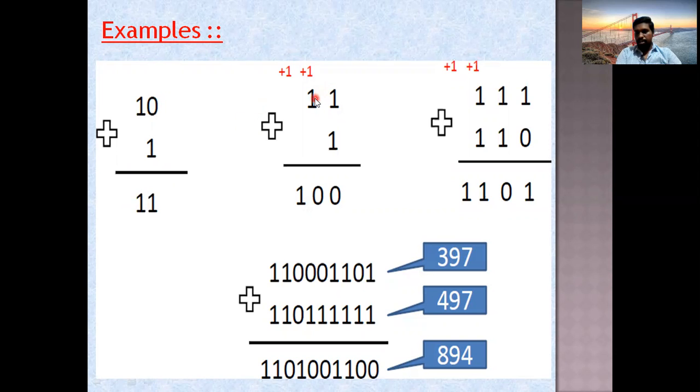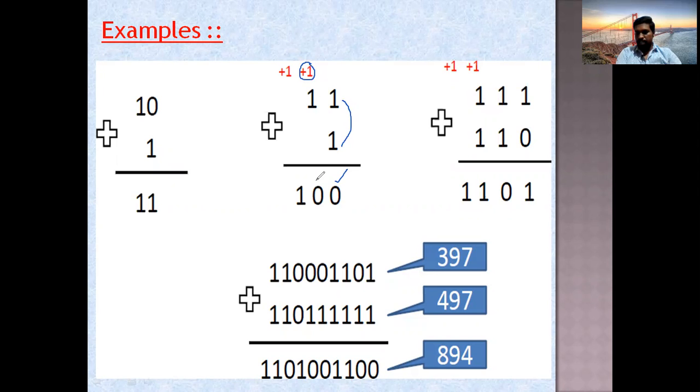Now see here, 1 1 plus 1. If you see carefully, when you add these two 1s, as I already said, 1 plus 1 gives sum 0. So the result sum is equal to 0, and you will get 1 carry. Carry should be forwarded to the left column. Okay, whatever carry you are getting, that carry should be added to the left column. Left column means this bit. Next, again 1 plus 1.